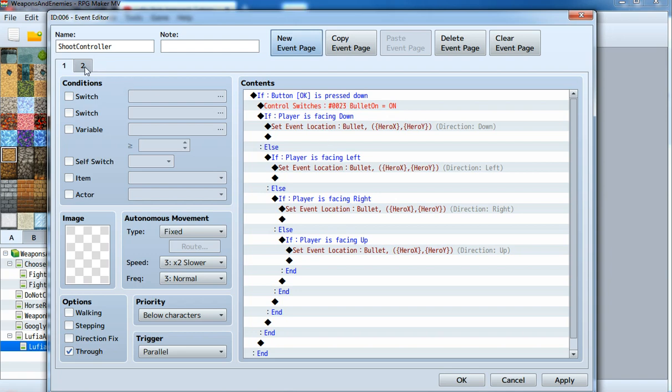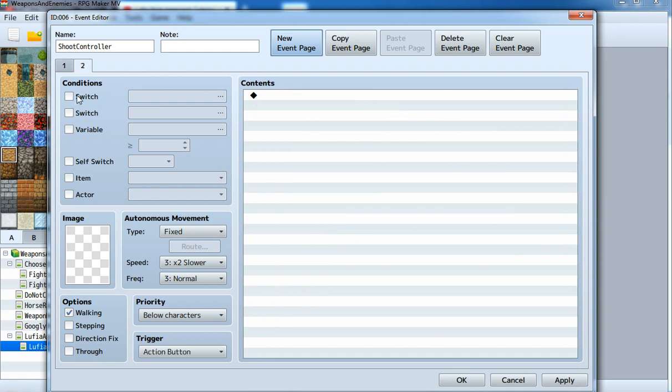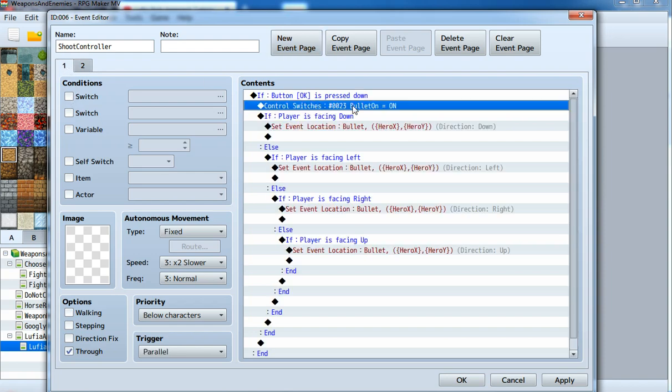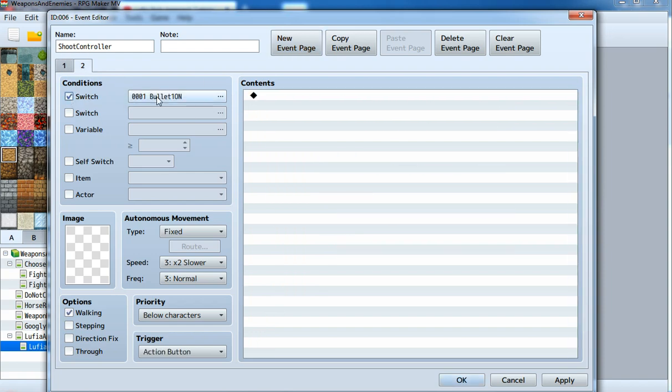And of course, to not always make the bullet reappear again on your hero and change its directions and everything, we use the switch, we turn bullet on, and if bullet is turned on, we check on this page with a parallel process if,